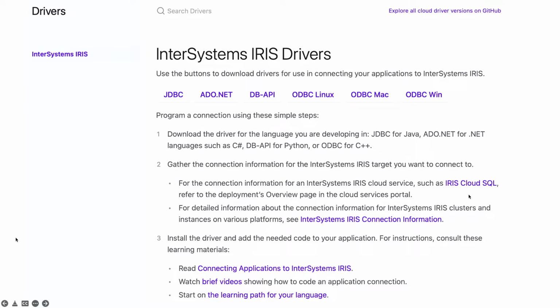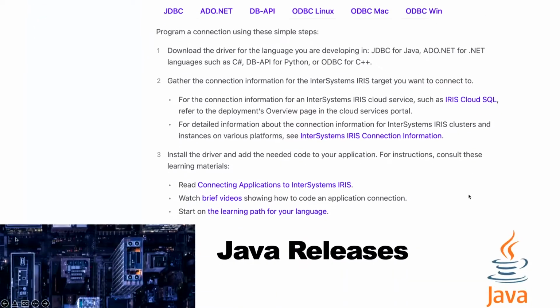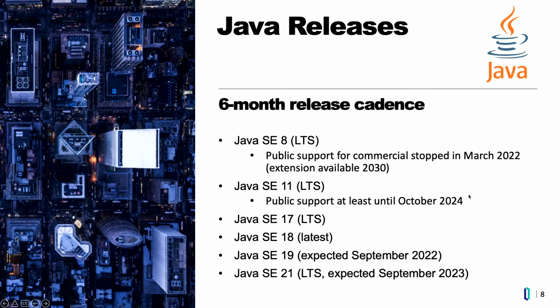So that's a nice addition, a nice new step. What we're still working on is getting all the drivers into the repositories that are native to the environments, like Maven or NuGet, so that you can directly download them. So that's on the list. With all of that being said, let's get started with Java.